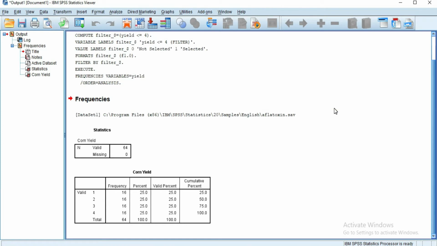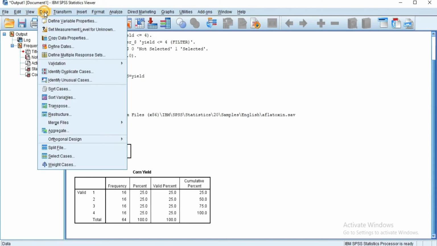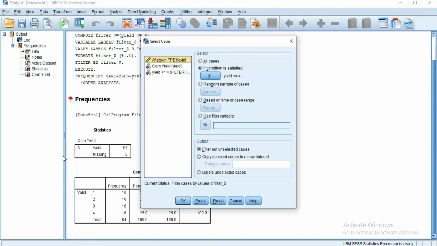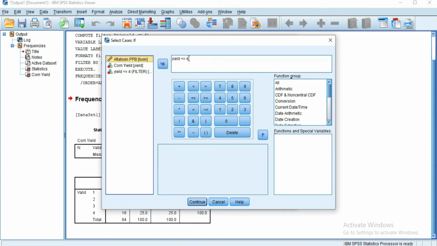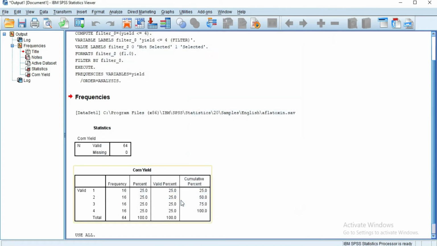Now for example, if you want to include the last four entries, you can similarly use the select cases command. So Data, then Select Cases, and now going to the If, instead of less than or equal to 4, I use the inequality greater than or equal to 5. In this way the command will select 5, 6, 7, 8, only the last four entries. Pressing Continue and then OK,